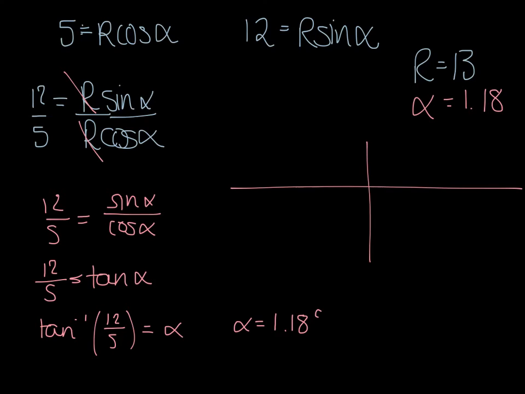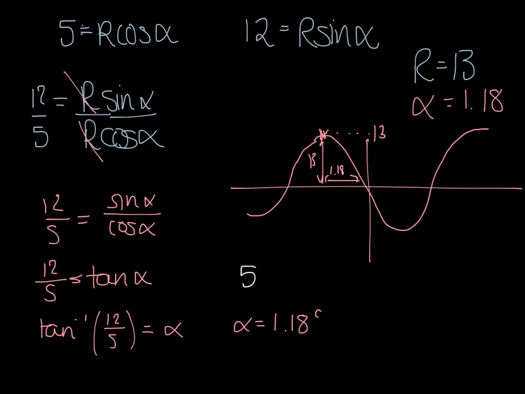So if I think back to that function that I drew at the beginning, because we plotted it using a graphing package of some sort, this shift here is 1.18 and this stretch here is 13. So this highest point now obviously is 13 instead of 1, and where this maximum value on cos would have sat on the y-axis, it's now shifted 1.18 in the negative x direction, because